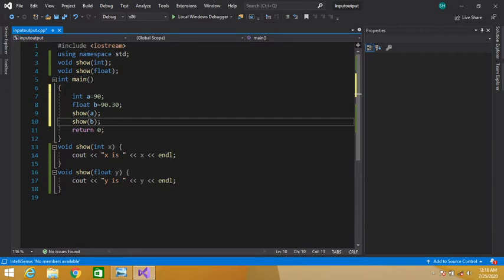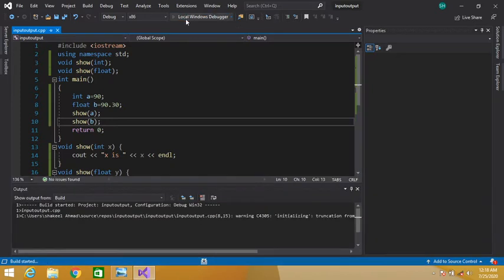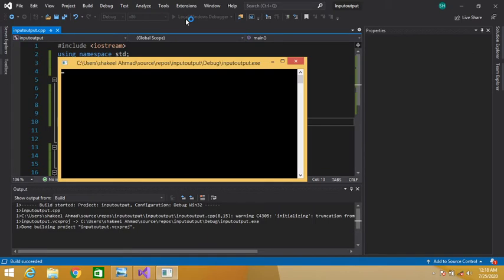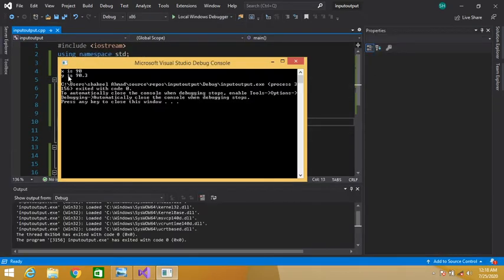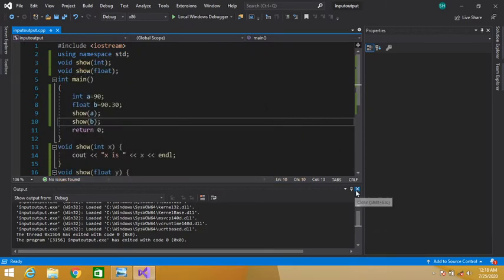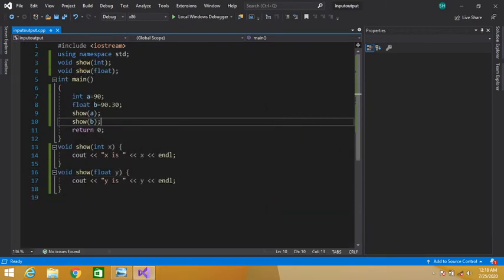So what is function overloading? The function with the same name but different parameters. See, the name of these two functions is the same but the parameter is different. This accepts an integer parameter, and this accepts a float parameter. So the same function is behaving in different forms. So in this way we can achieve compile time polymorphism using function overloading.